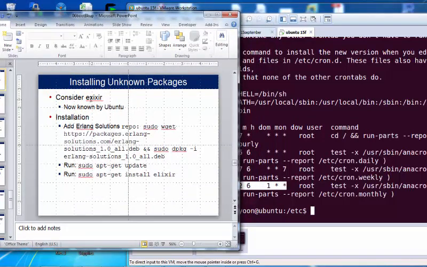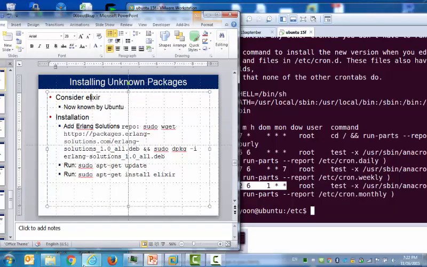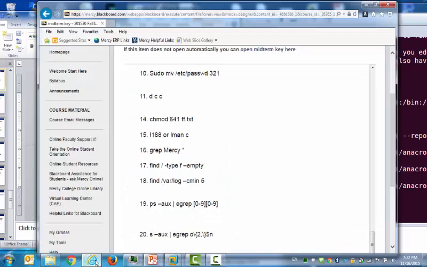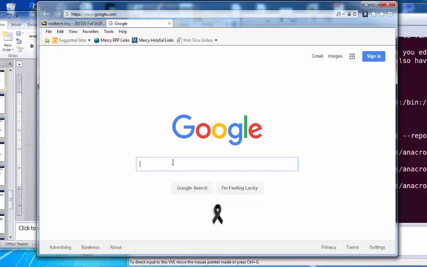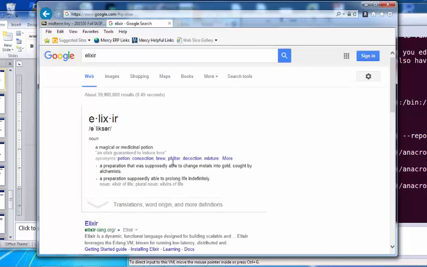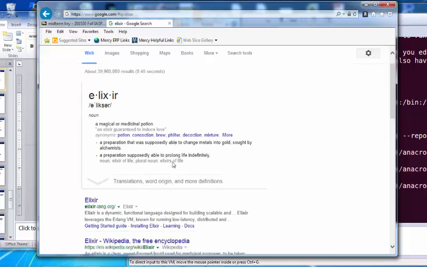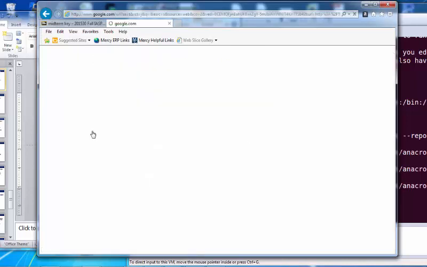Elixir. You need to find out from the web page what it is. If you go to elixir-lang.org, you can find out.